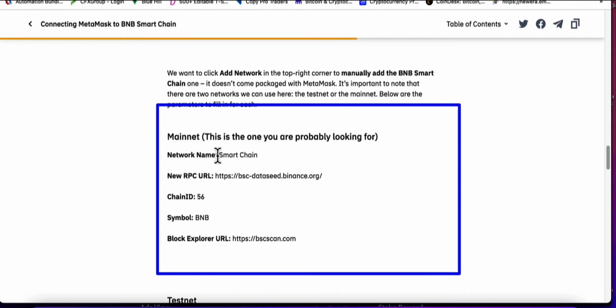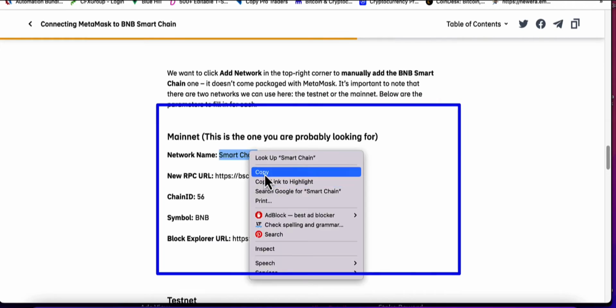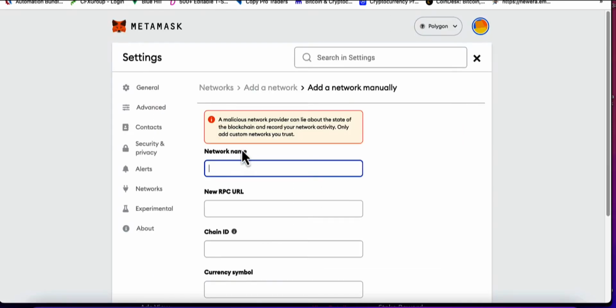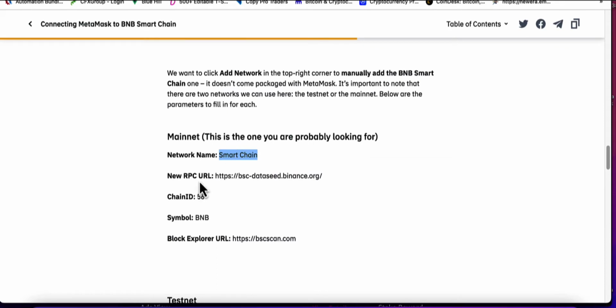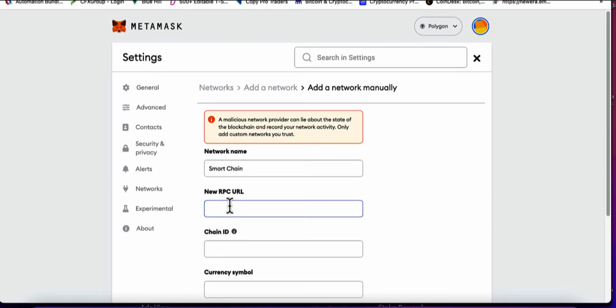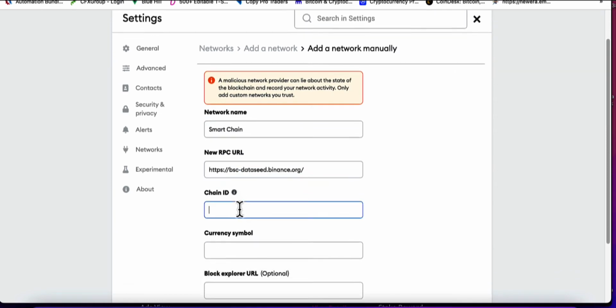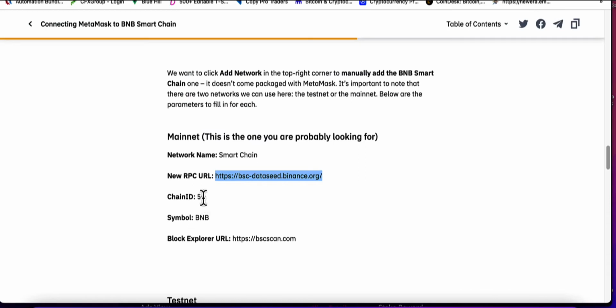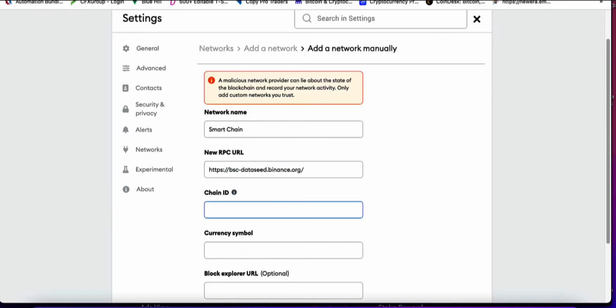Now what we need to do is just take this information and copy all of the network information here and then just paste it straight into our MetaMask information there. So now we'll go for the RPC URL. So just copy it, go back over, and then paste that in. And then the chain ID, as you can see there, it's just 56. So I'll just go and get the symbol,